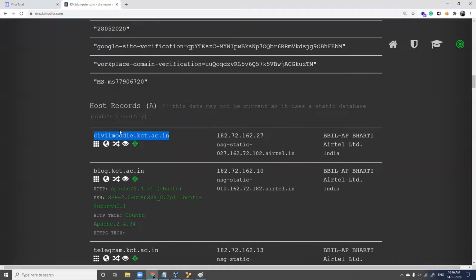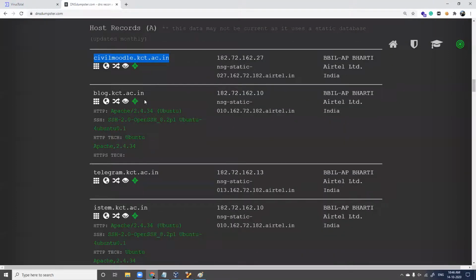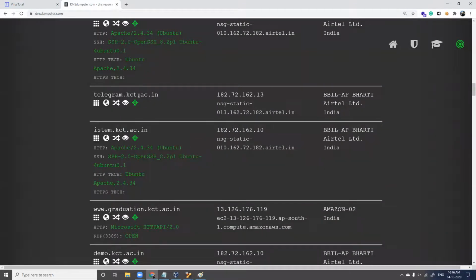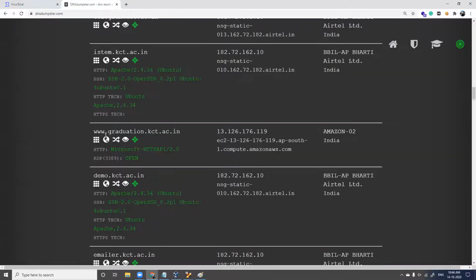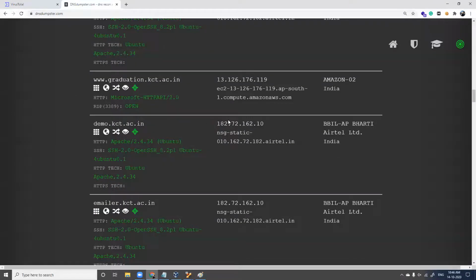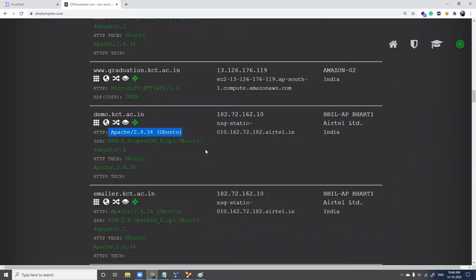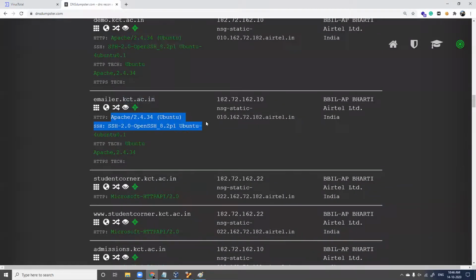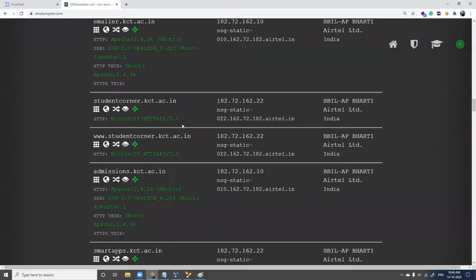We have civilmoodle.kct.ac.in, blog.kct.ac.in, Telegram, iSTEM, graduation, demo, and the IP address of this. And here it is also going to give you the version of the server being used, the server used for email, and what details they have. So it is going to give you all information.